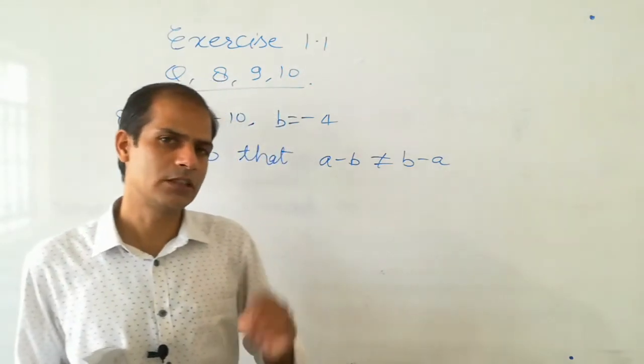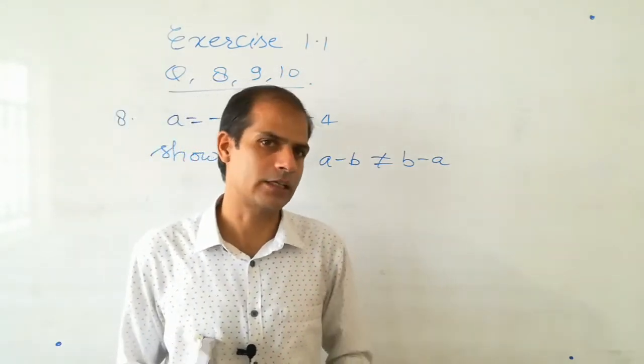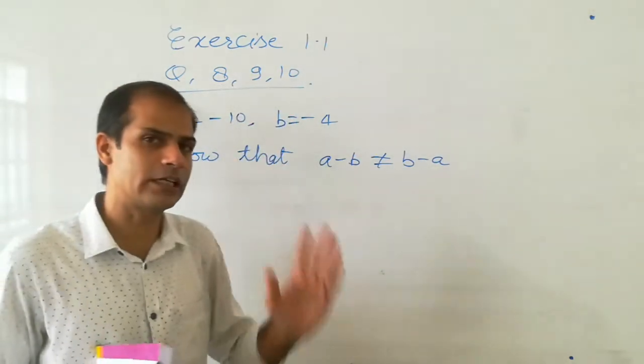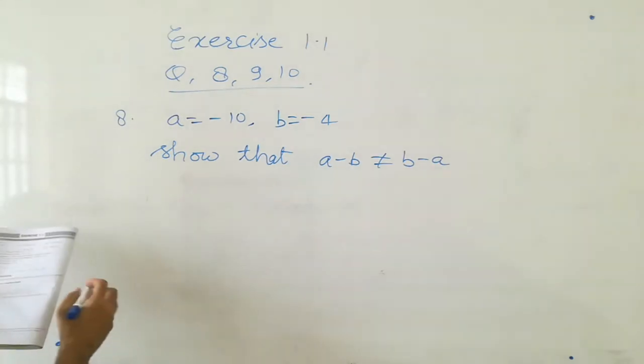Commutativity always true होती है किसके लिए? एडिशन और मल्टीप्लाई के लिए, बट सब्ट्रैक्शन और डिवीजन के लिए ऑलवेज ट्रू नहीं होती. Now we have to show this. So